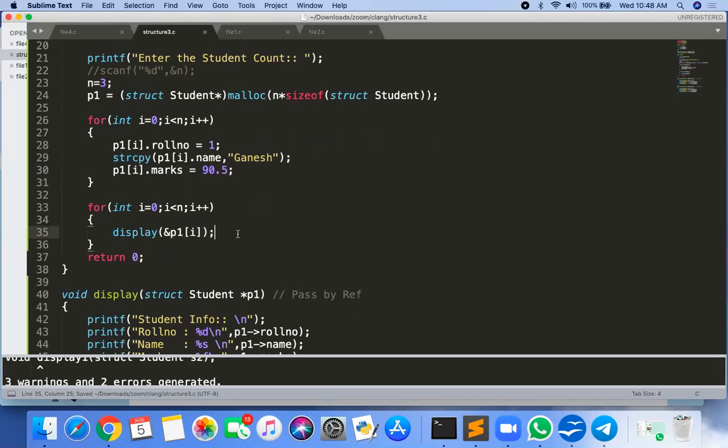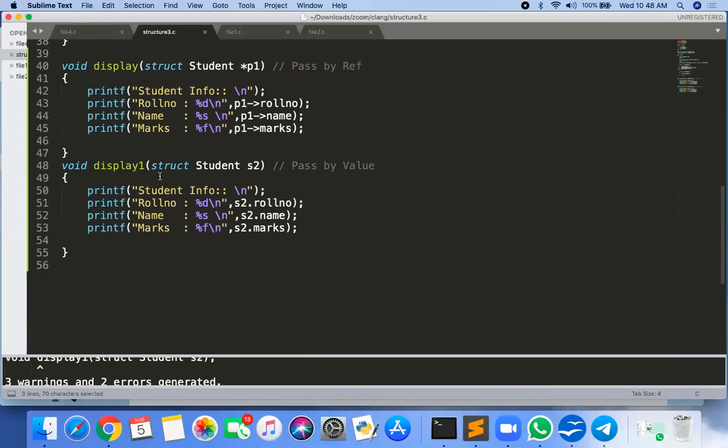So all the objects will be created, and here instead of hardcoded values, you can take user input. Enter the roll number, scanf. Enter the name, scanf. Enter the marks, scanf. Sir, should we also change the display function and display one function now?